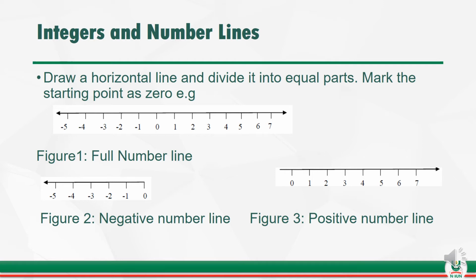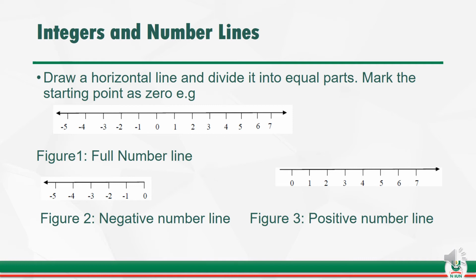Then when it moves to the negative side from 0, the more it becomes smaller. You will see that 0 is bigger than -1. Likewise, -1 is bigger than -2. So the more it goes towards the negative direction, you see it is becoming smaller, smaller, smaller. Like -1 is far, far bigger than -1000 because it's going towards the negative side. So that is what we call a number line. We can see it in the horizontal way.